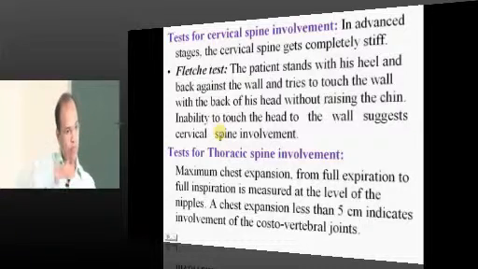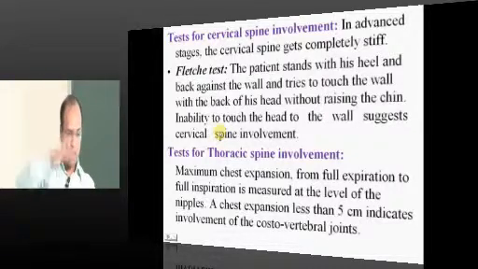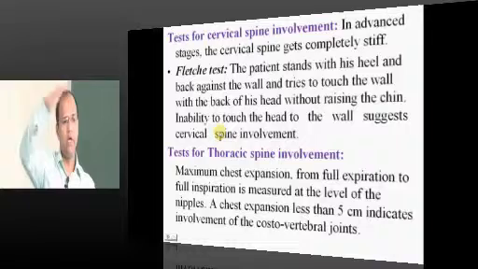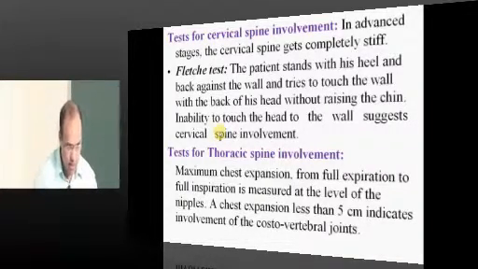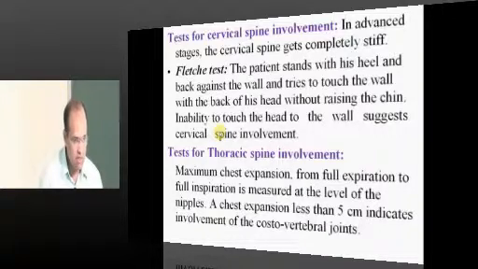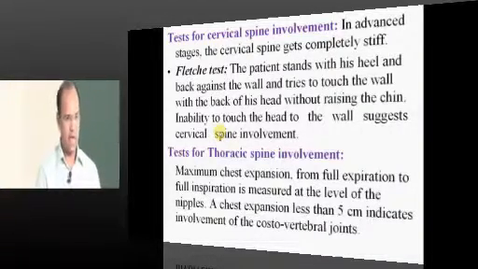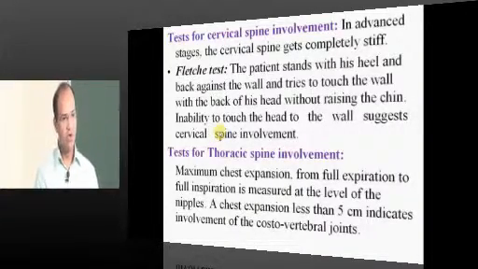Actually, ankylosing spondylitis spreads from down up. It goes from the lower region slowly, ultimately ending up in the cervical spine. Once this is happening, what happens? He will have a stooped posture like this. Once he has a stooped posture like this, you ask the patient to stand straight, he cannot stand straight. So just ask the patient to lean against the wall.